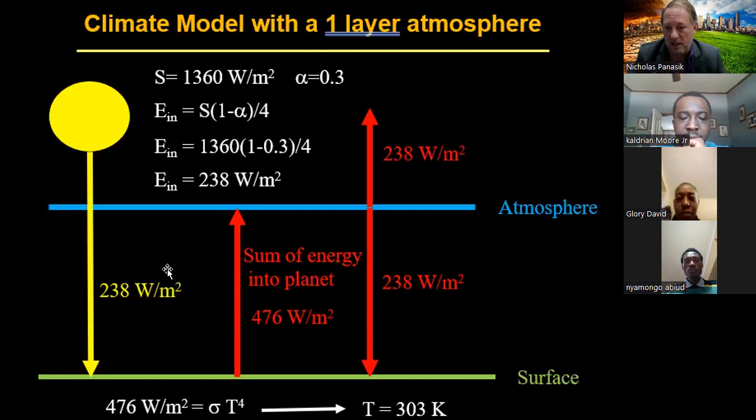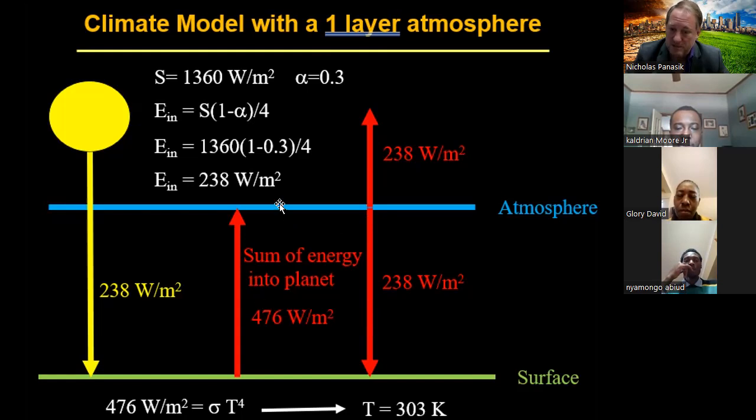Let me go to the climate model here with a 1-layer atmosphere. We knew 238 was coming in. So in order to satisfy the criterion that energy in equals energy out, we're talking about energy out back into space, right? And so if 238 is coming into the planet, 238 has to be going out into space. Where does that come from? The outermost layer of the atmosphere. And so if 238 is going out, that means 238 is also going in the opposite direction,